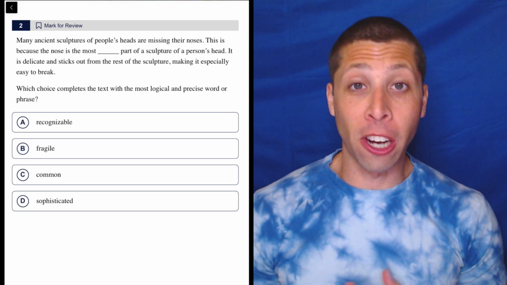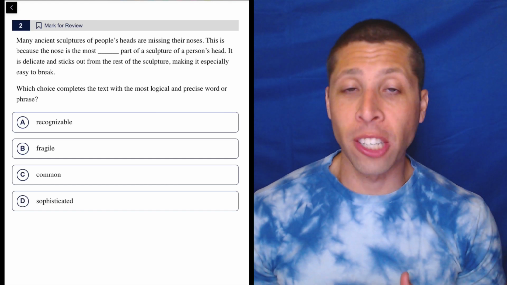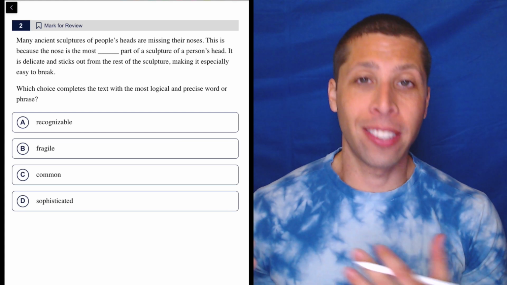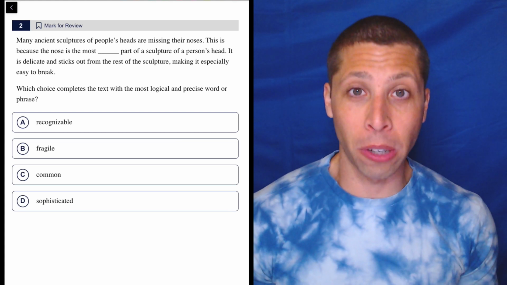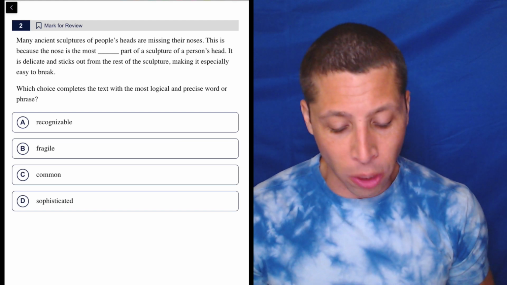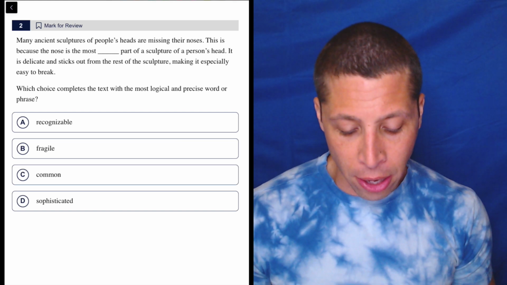This isn't a particularly hard vocab question, but it shows off a strategy that we're going to need when they do get hard, which is that we want to, if we can, steal some other word within the story, within the paragraph. They're going to repeat themselves in some way because they need to provide us evidence of what goes in the blank. So in this case, I noticed it right away.